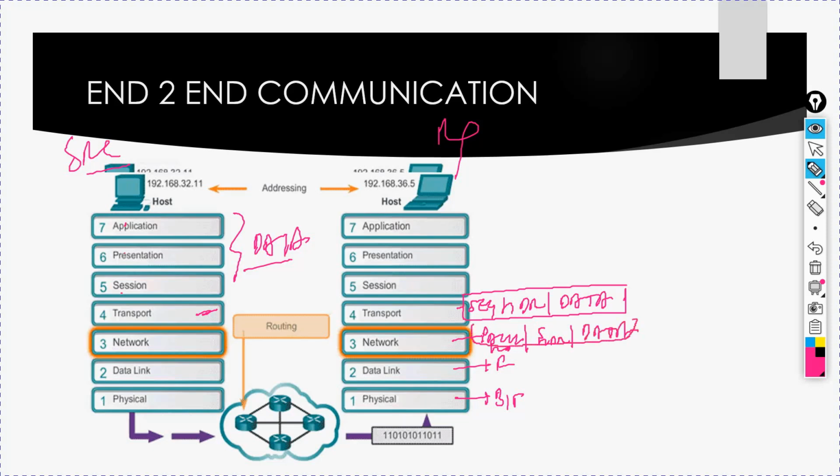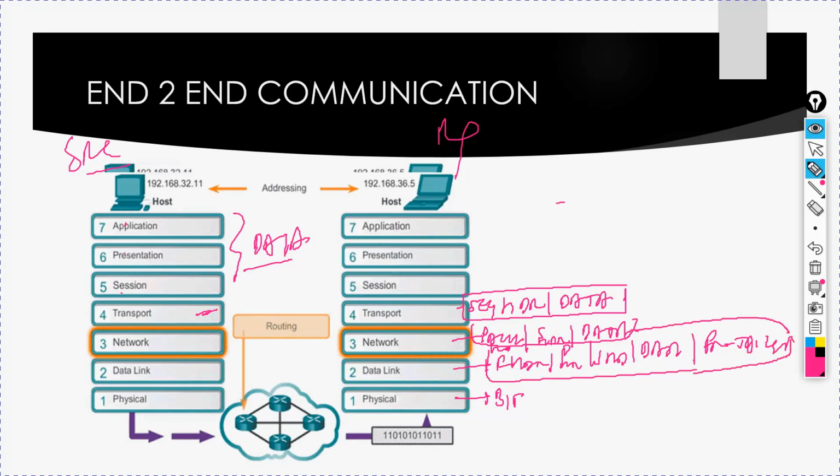Then the frame header, then packet header, segment header, and data, and finally the frame trailer. This is the only layer which adds its own trailer, and the use of the trailer is to provide integrity. I will explain later in the headers class, but for now we can say it provides integrity.